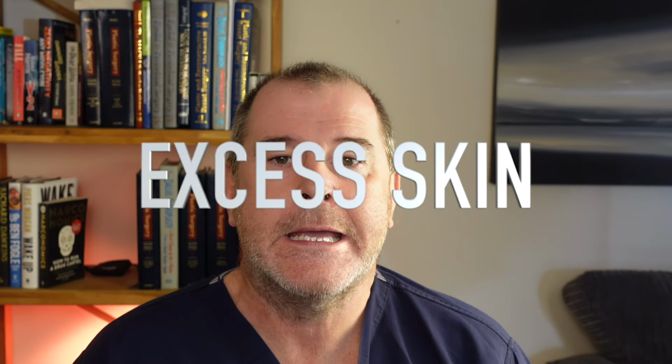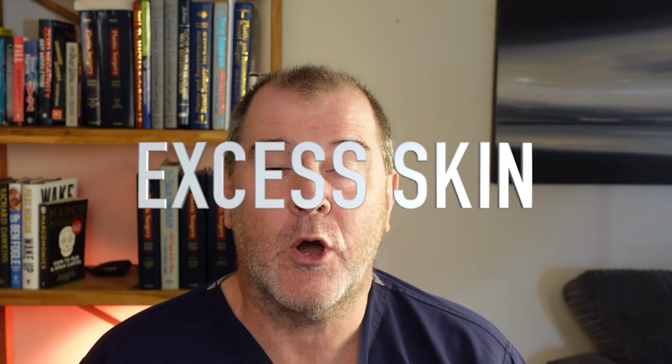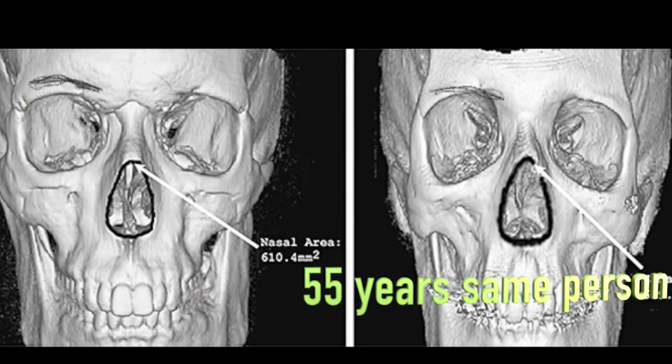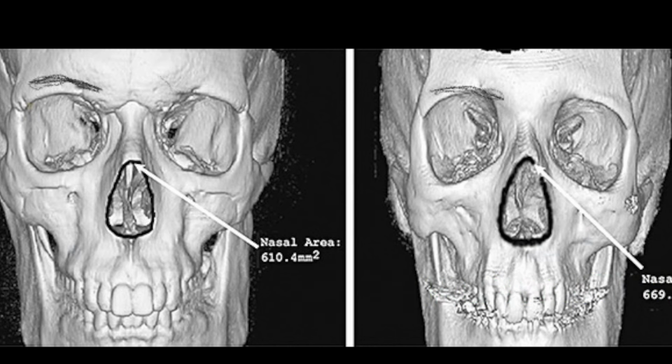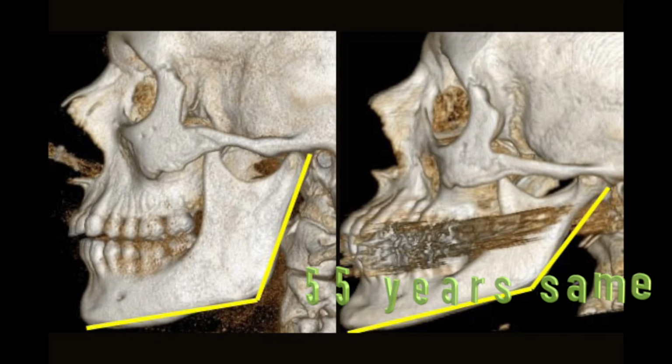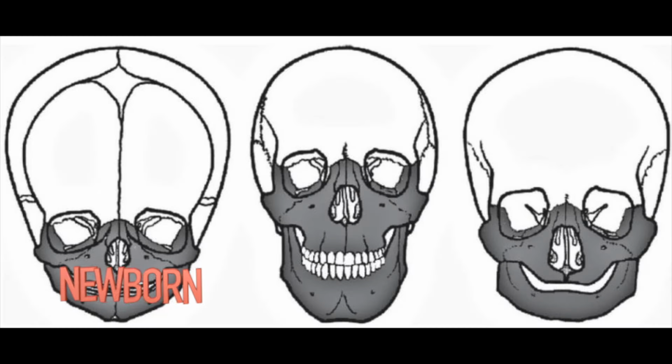One of the main problems with facial aging is a change in size and shape of certain elements of the bony skeleton. Now, as we mentioned just previously, the orbits change size and shape, but a number of other anatomical elements also change. The piriform fossa, which is the hole over which your nose sits, gets a little larger. The maxilla and mandible, the upper and lower jaw, get narrower and get shorter, and the teeth become more exposed. We see the whole bony skeleton of the skull shrink a little,